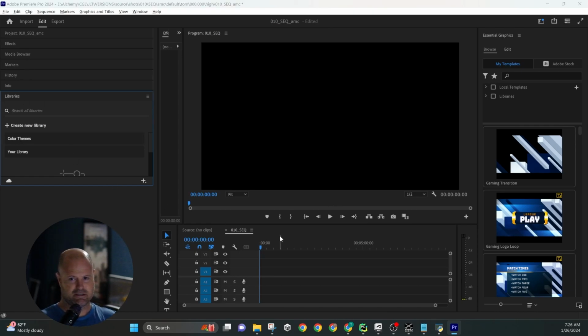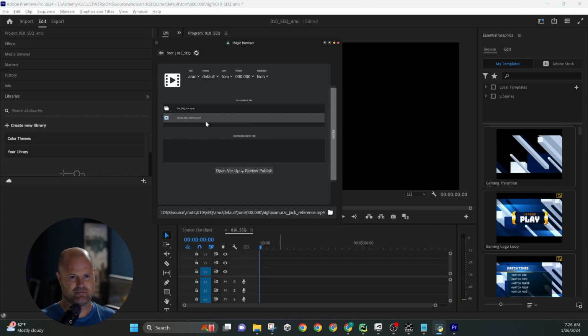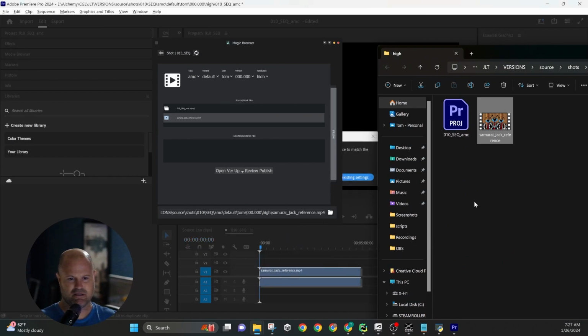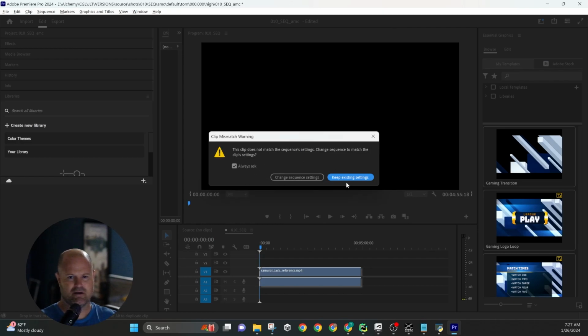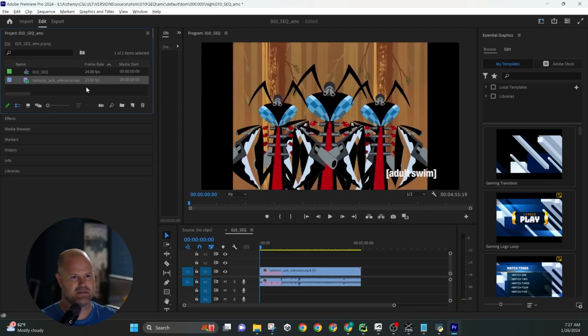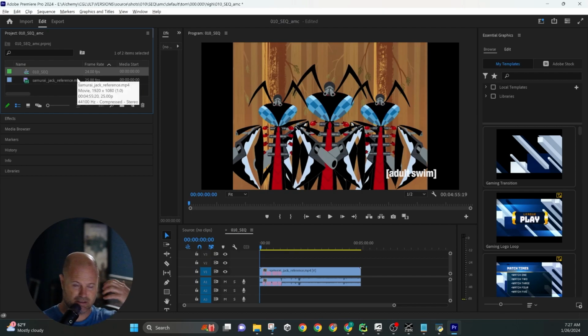So let's get our reference in here. Show in folder. And then we're going to pop that into the timeline. And then I'm going to keep the existing sequence settings because I want the sequence to be at 24 frames a second. And I know it's going to jack everything up, but we just need this to work for this demo. So I'm taking a couple of shortcuts, but Alchemy right now is built for 24 frames per second because I typically work in animation and film. Okay, so